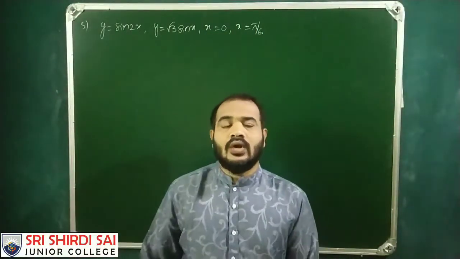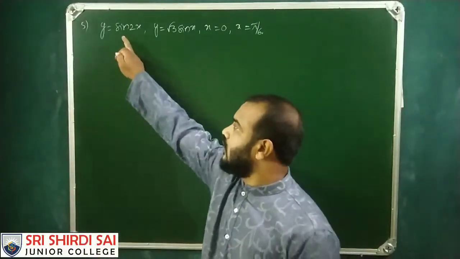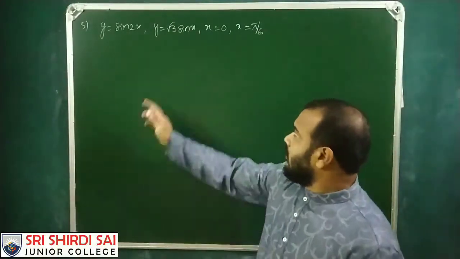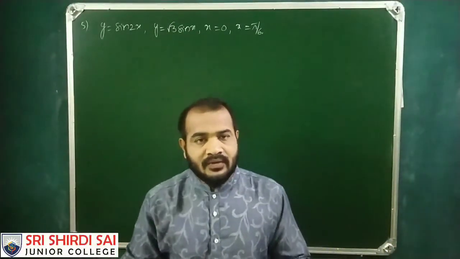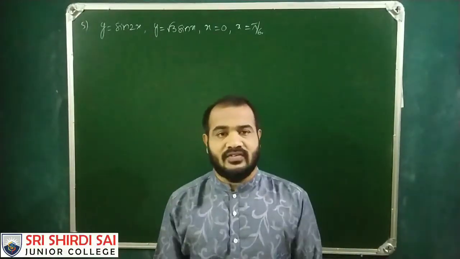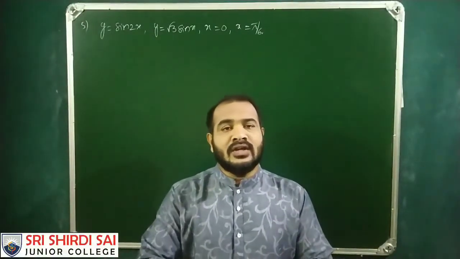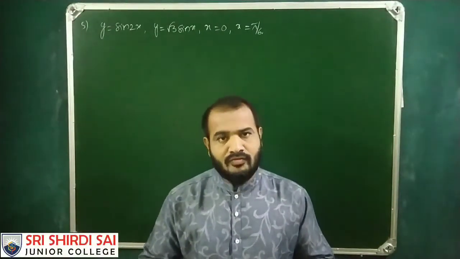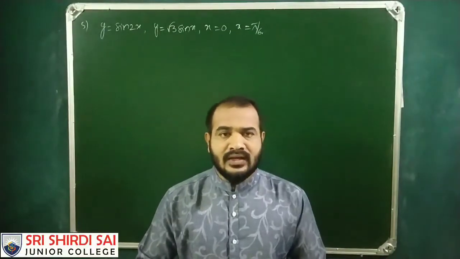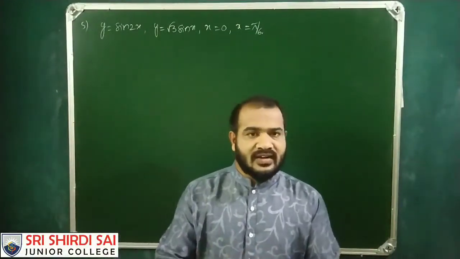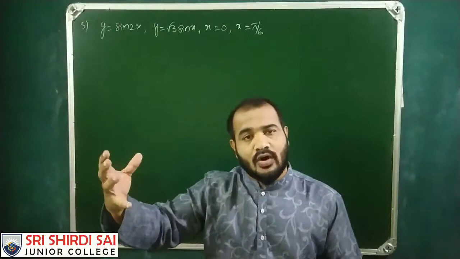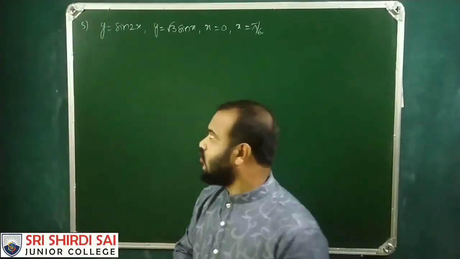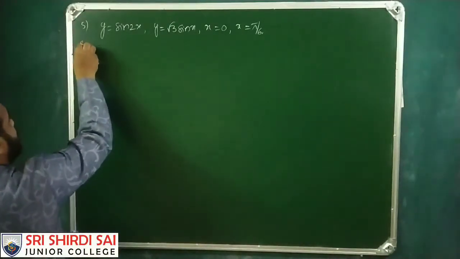To work out this problem, there are two curves, sine 2x and root 3 sine x. It is obvious that these two curves are intersecting between 0 and pi by 6. So whatever area we get between 0 and pi by 6, we need to find out. But these two curves intersect at 0 and pi by 6, so which is the above curve and which is the below curve has to be found out. So first of all, solving